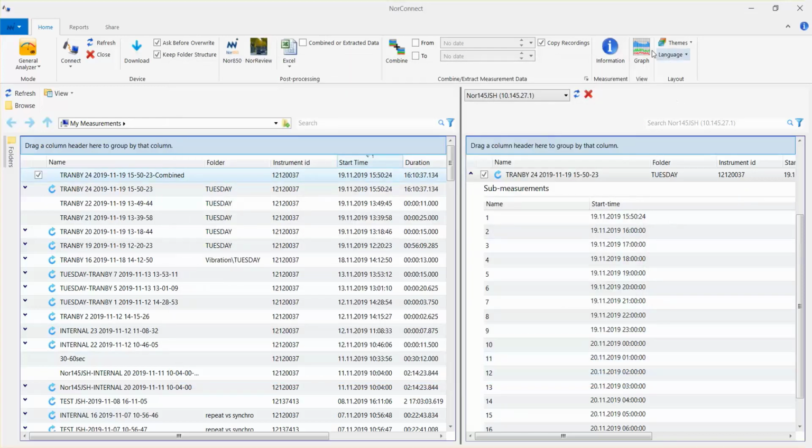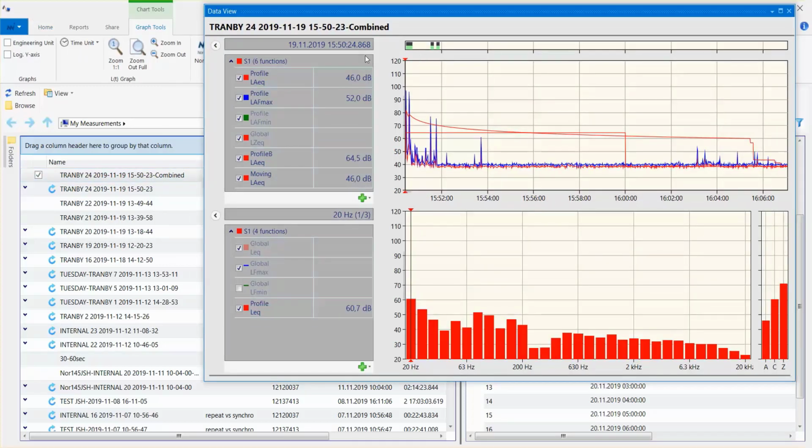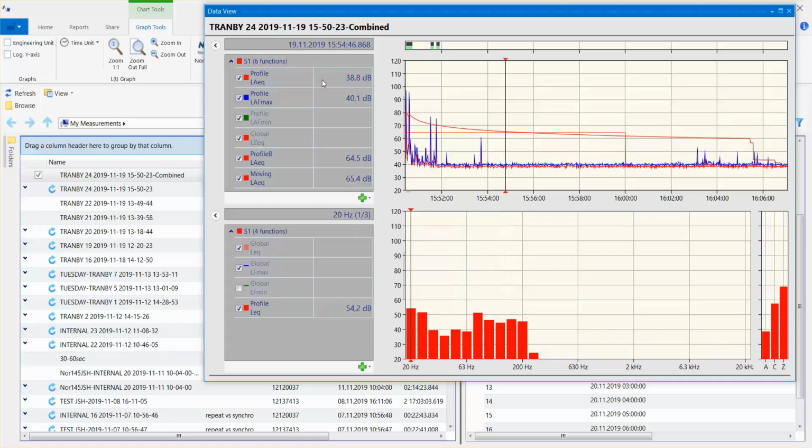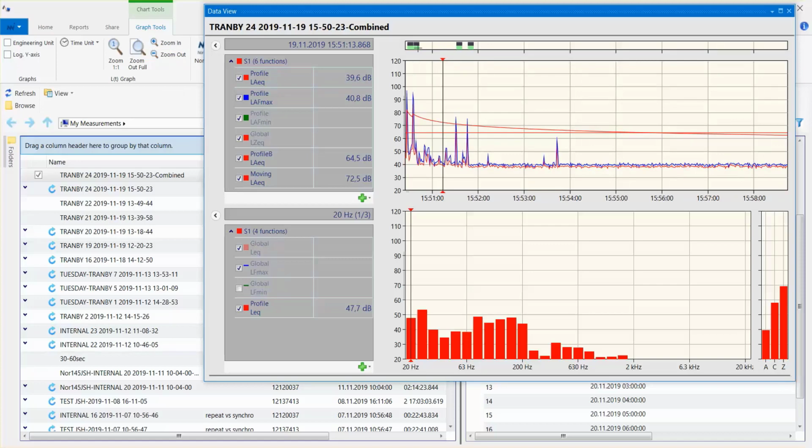If I want to see this measurement, I push graph and I have this set so I can see the different parameters. If not, I would have just added from this list. And then I can zoom out and in as I want to. However, if I know that what I'm interested in is in this region, like this, I can then, for instance,